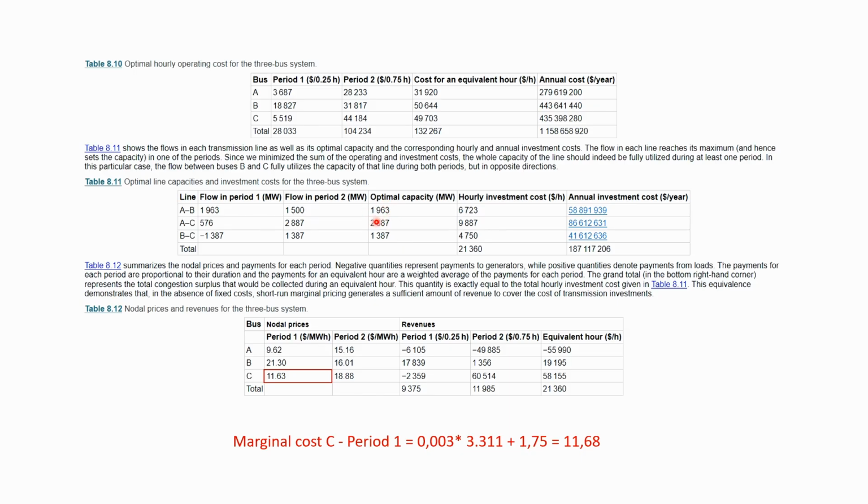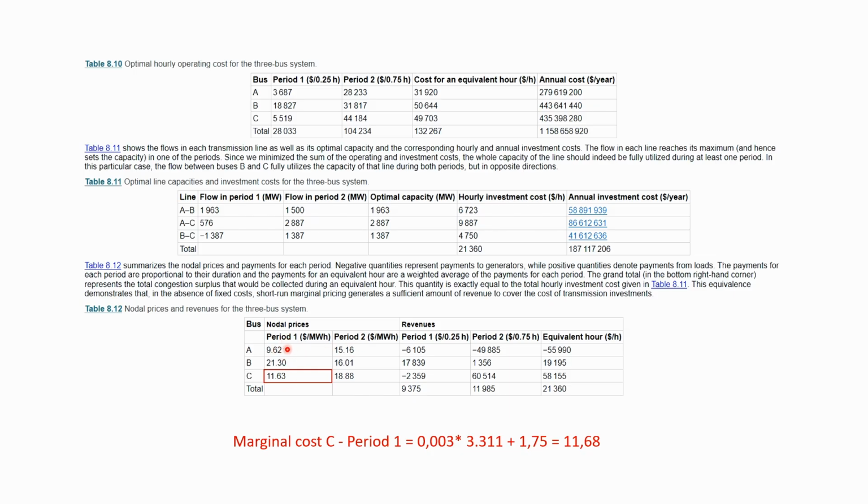And when we multiply this capacity with the functions telling us how much the yearly cost will be per megawatt hour, we get this value here. That is the investment cost measured in dollars per hour. And when we sum up all these costs for the three interconnectors here, we get this sum here in dollars per hour. Now we go and look at the nodal prices, the area prices, and we can see here that